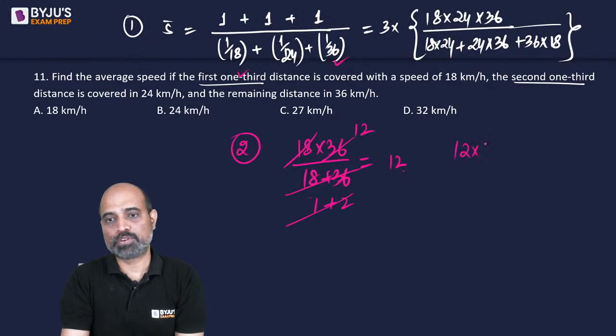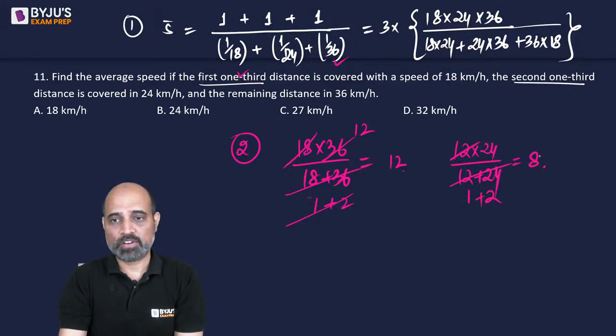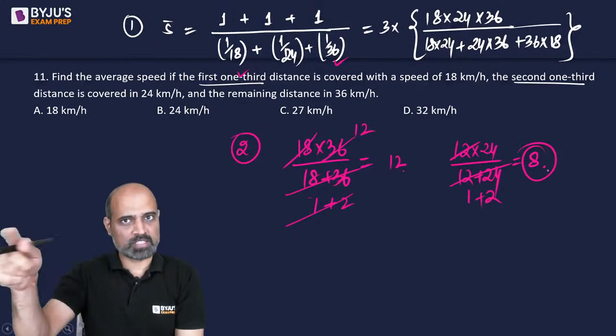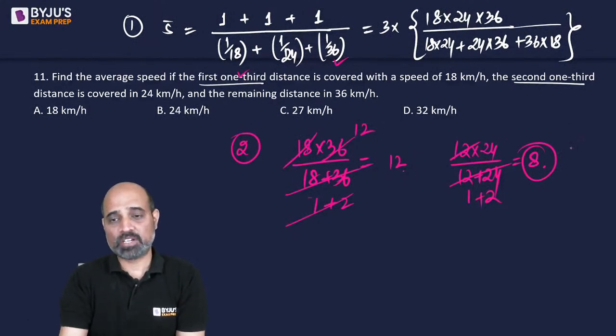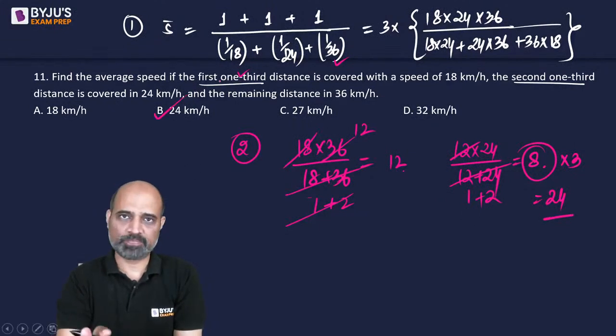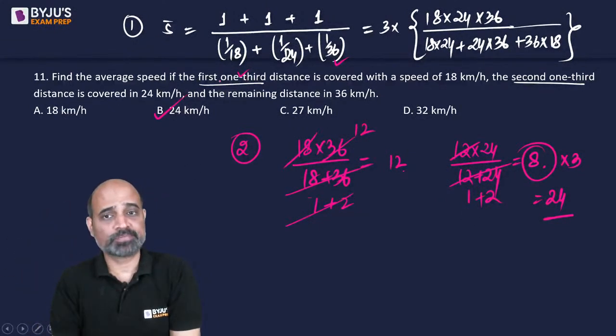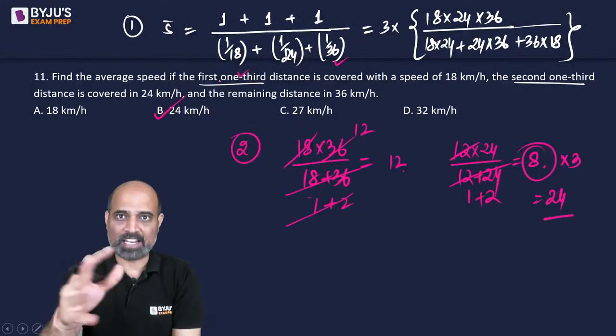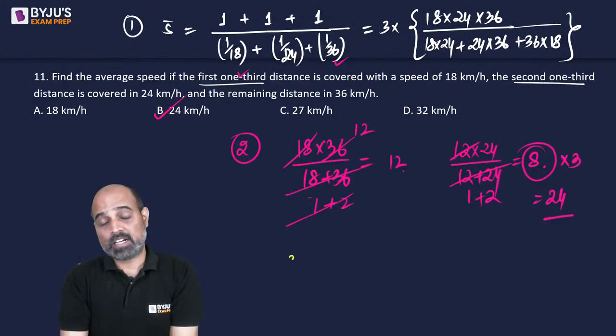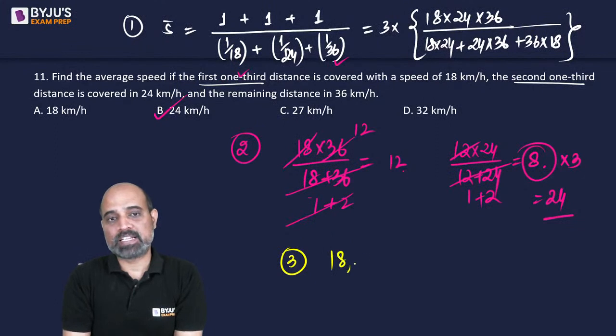इस 12 का 24 के साथ कर लो. Same calculation. Now they all are in the table of 12. So 12 हटा दोगे, 1 2 हो जाएगा. So this is 24 by 3 which will give you 8. Once you get the final answer, successive करते करते, कितने वैल्यूज है इधर को? 3. आप 3 से मल्टीप्लाई कर दो, it will give you the answer. So B हो जाएगा. You will be getting the same answer if you use the first calculation. ठीक है? The third approach that I used was, since the speeds are 18, 24 and 36,